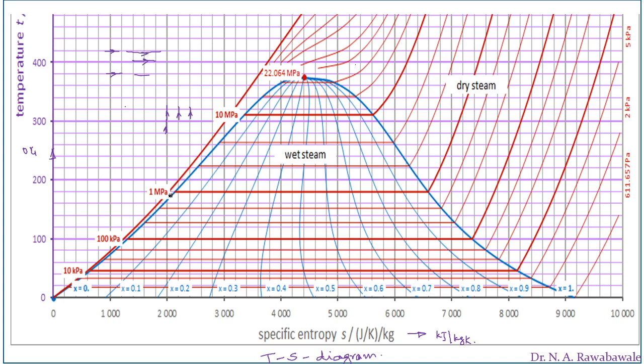Now we'll look at this bell-shaped curve, a blue colored bell-shaped curve. This part of the curve, from the origin to the top of the bell, is known as the saturated liquid line. Saturated liquid means the liquid has absorbed the amount of sensible heat and is ready to evaporate. So it is saturated, and further addition of heat at that particular pressure makes the liquid evaporate.